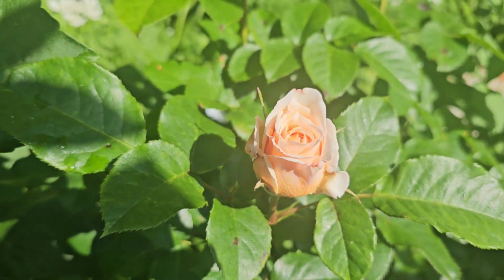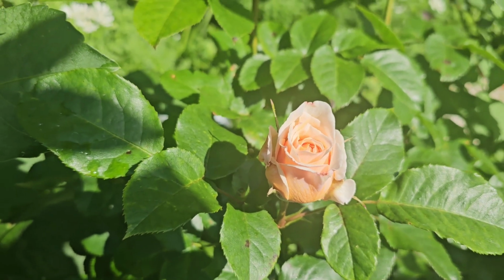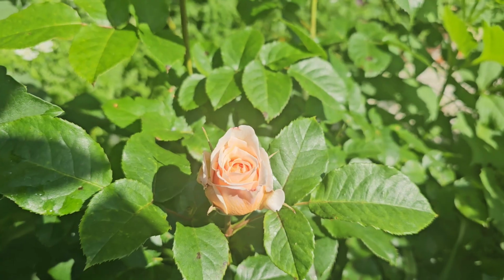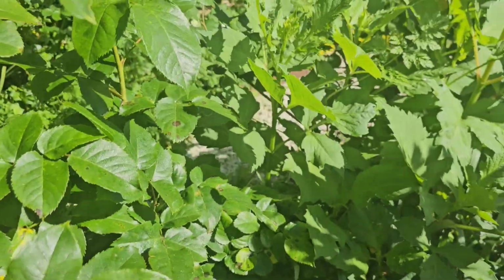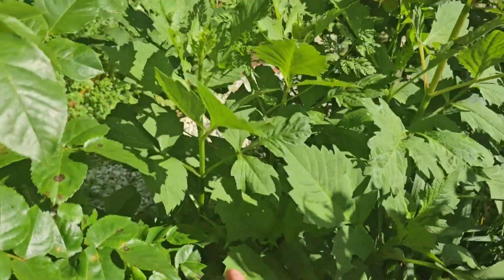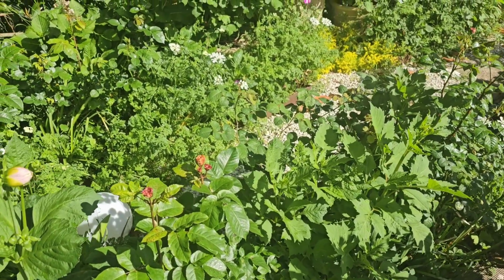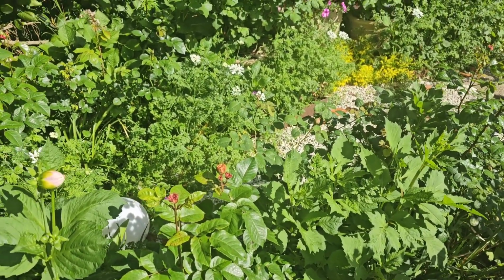It's kind of similar to the color of Emily Bronte, which I will also show you in a short while. But allow me to just continue moving on. So beside it, as you can see, guys, you probably have observed, I planted the roses and dahlias next to